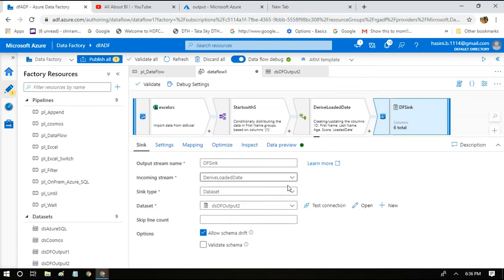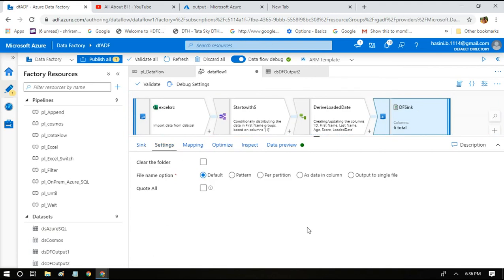But before we can execute it, I just want to show you something. As I told you in the previous session, the data flows that we are creating will be run in clusters as a Spark job internally by Azure Data Factory itself. If you are confused about the Spark cluster and all, please hold on. I'm going to post a video in a simple manner to explain all these terms shortly. For now, understand that these are going to be run in the background by the clusters.